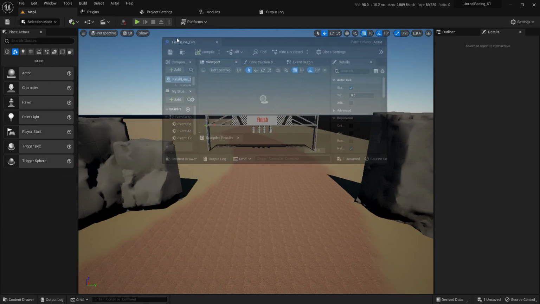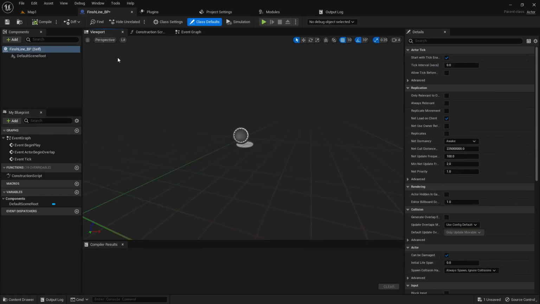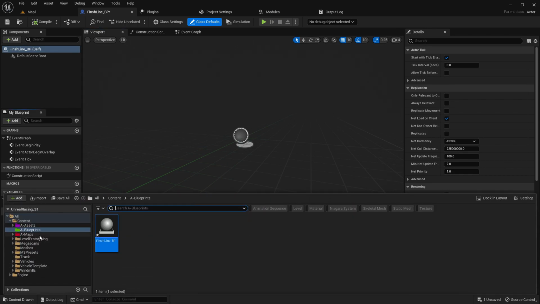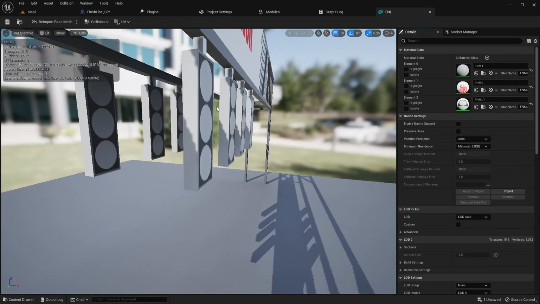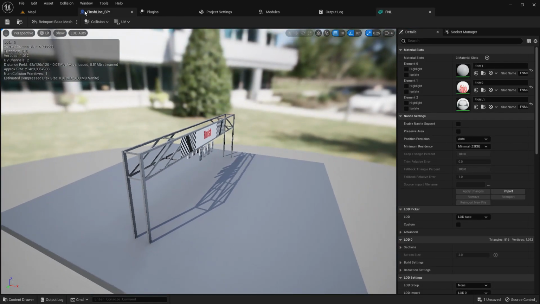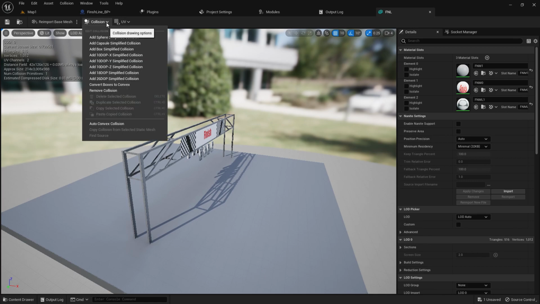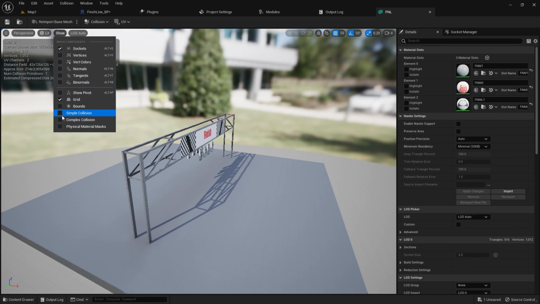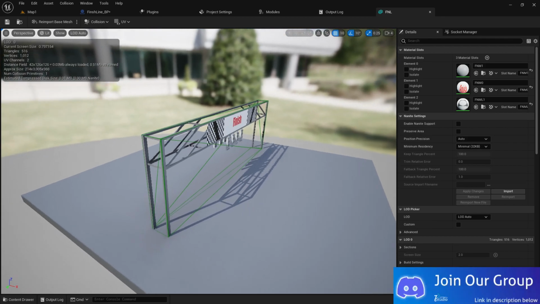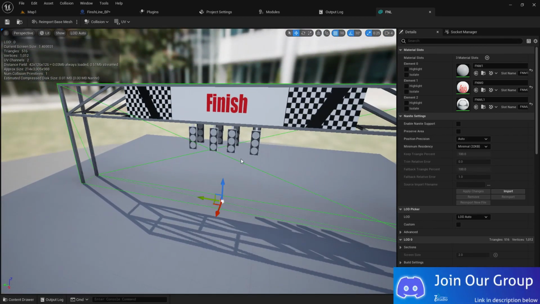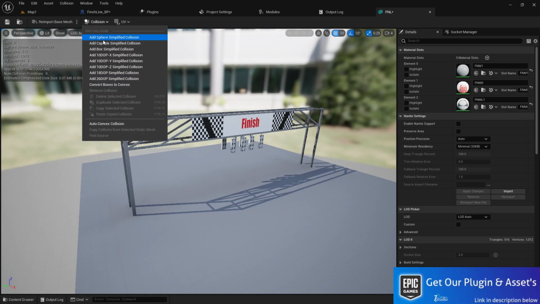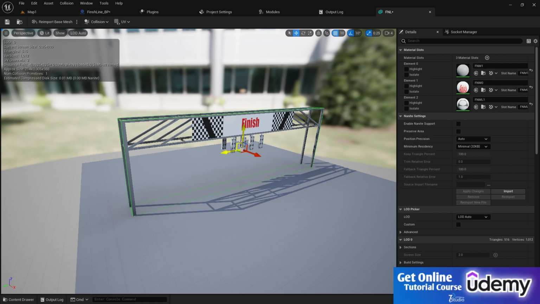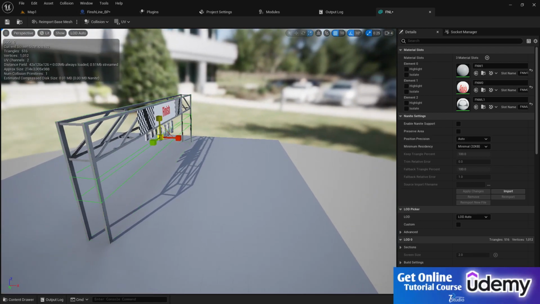Then inside our finish line BP, we are going to add our model here. In the assets are basically the meshes, but we need to go first inside our mesh because this mesh has a collision. If you go to collisions, or you can press show, you find the simple collision, enable that, and as you can see it has a collision that we don't need, so simply remove that. Now we need our own collisions, so let's do that. Just press box, you can press collision and box collision,